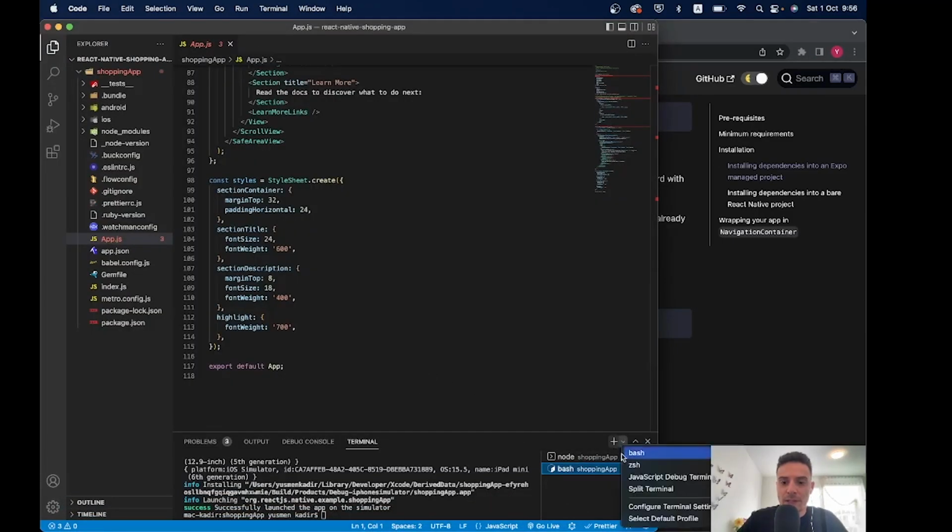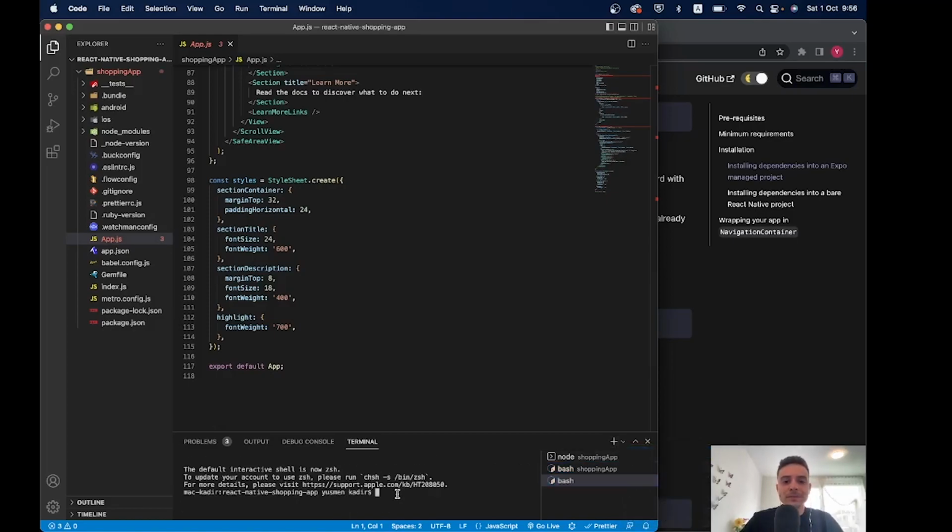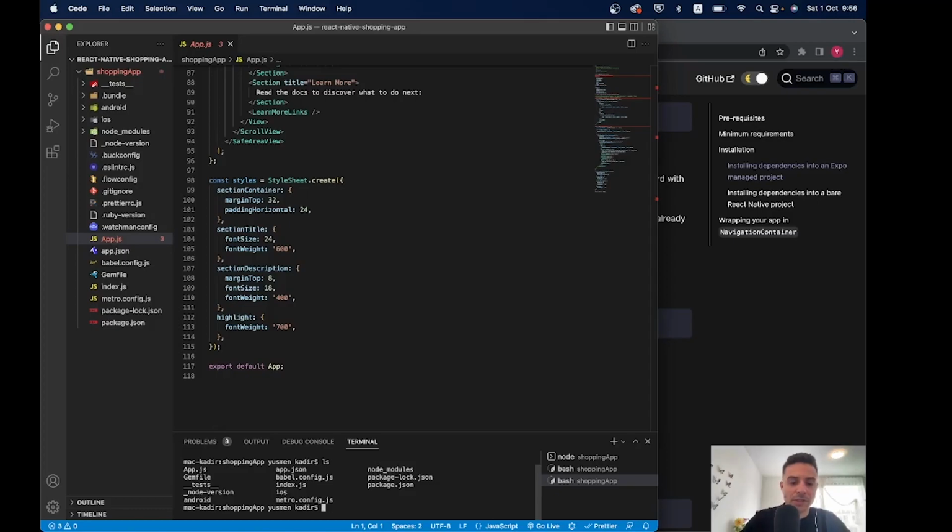I will open another terminal right here, and I'm going to say ls, and I'm going to say cd shopping app. Then I'm going to type ls again, so we are inside the project directory, and I'm going to type npm. I'm going to just copy and paste this, and I'm going to hit enter. This will start installing this dependency,